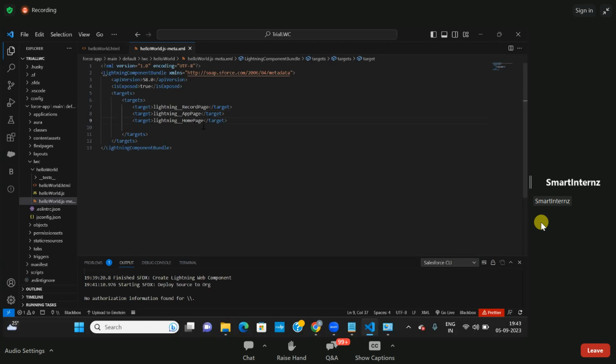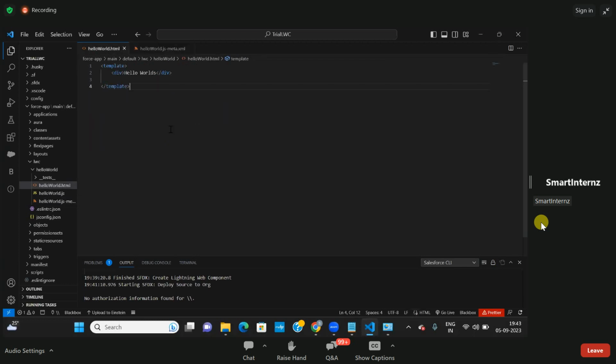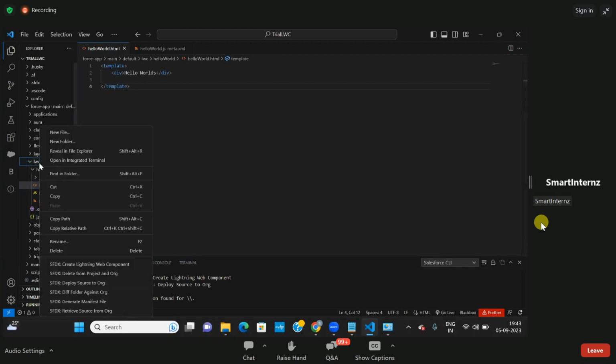So this is the meta file for that. Okay, so I am saving this code as well. So now this component will be visible in 3 particular pages over here. Okay, so I am saving these things, and now if I'm trying to deploy,